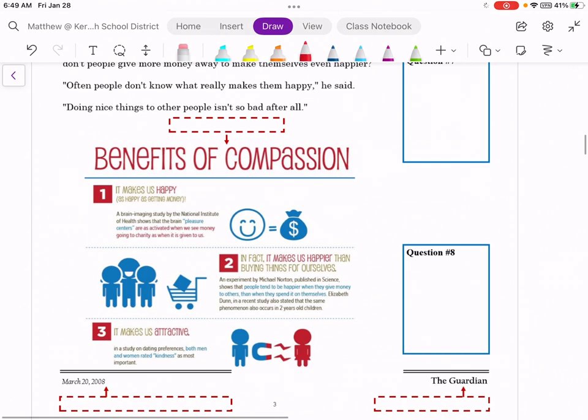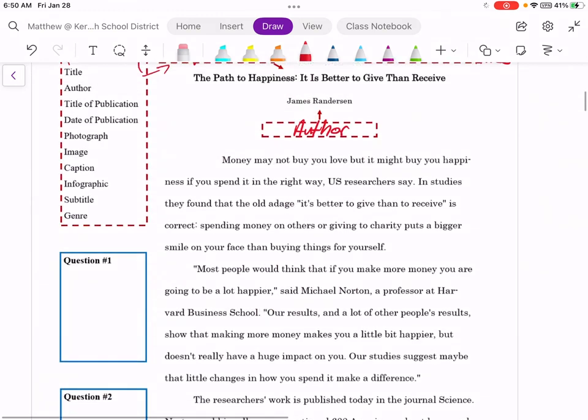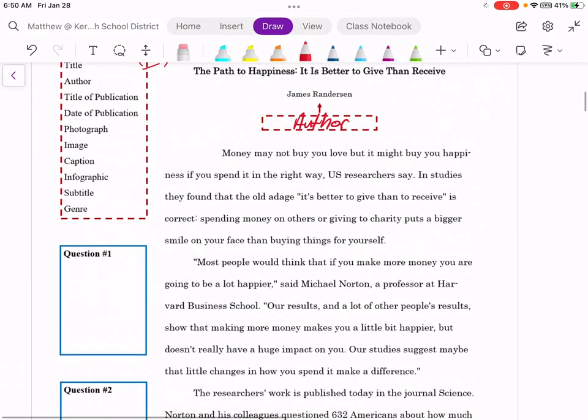In addition, if there's any images, infographics, please fill those in. Now, through the article, we want our normal annotation. So in these boxes, there should be a question. What can money buy?